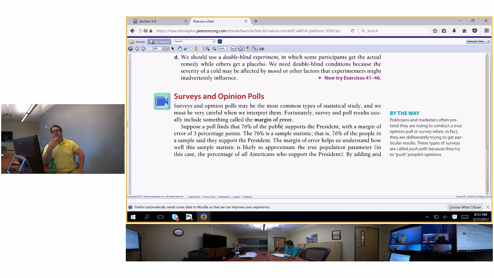Where do you see margin of errors? Any of y'all watch the news? Where do you see margin of errors? Huh? No, that's where you see probability. Margin of error is usually in polls. Go back to your presidential polls. Margin of error, 2%. Margin of error, 3%. Down at the bottom of the poll, it'll say plus or minus 2% margin of error. That tells you if the statistics behind the poll is decent. What if you have a poll of 5%? Anything above 5% is not worth the paper it's written on.